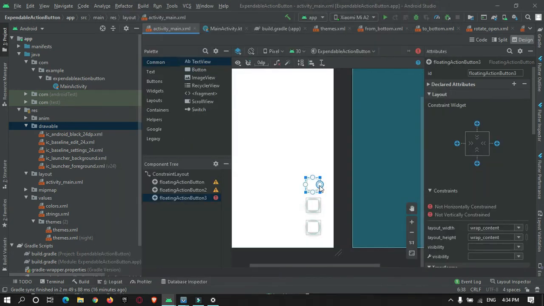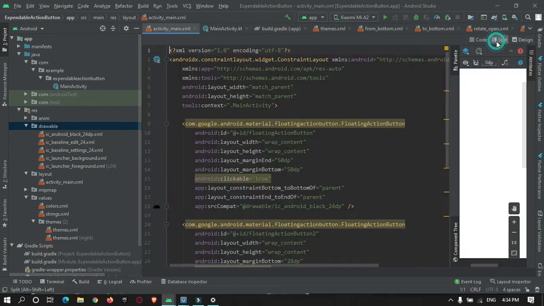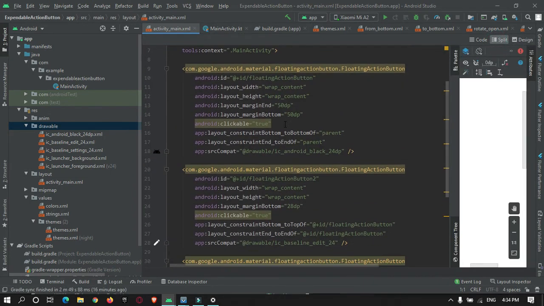Same thing for this, just attach it to the bottom one. By doing this it will be exactly on top of this button, and this button will be exactly on top of the main button. Okay, so our XML code has been automatically created.